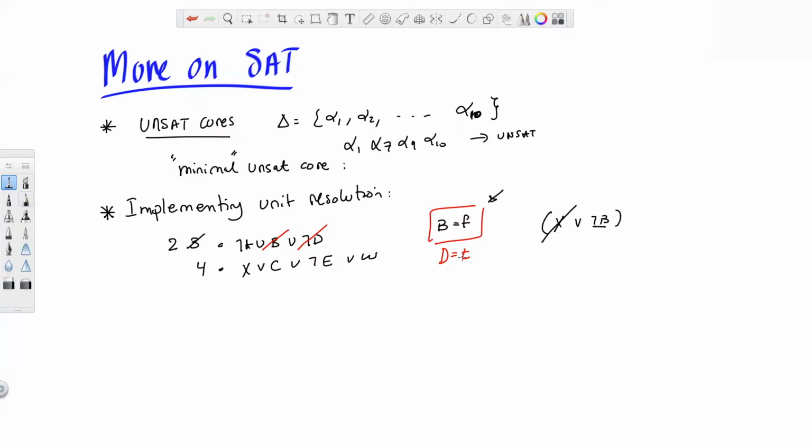And then when I did this guy, and I took this, then basically this guy goes to 1. And this is where I got a unit clause. And then at that point, it says, now that the length has become 1, that means I have inferred something, and so on. So basically, this entails keeping track of these counts for each clause, which is